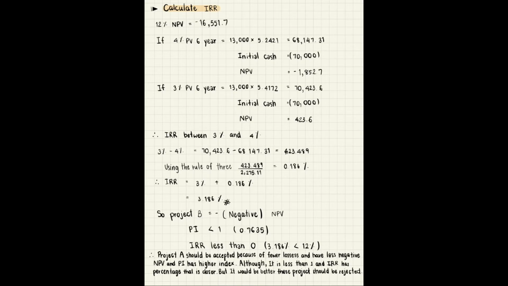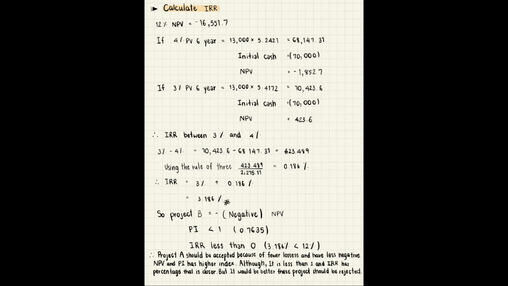So let's find out by how much percent. 3% minus 4%, so we got 70,423.6 minus 68,147.31 is equal to 423.489, and then we use the rule of 3. 423.489 divided by 2,275.11 is equal to 0.186%. Then the internal rate of return is 3% plus 0.186%, and the answer is